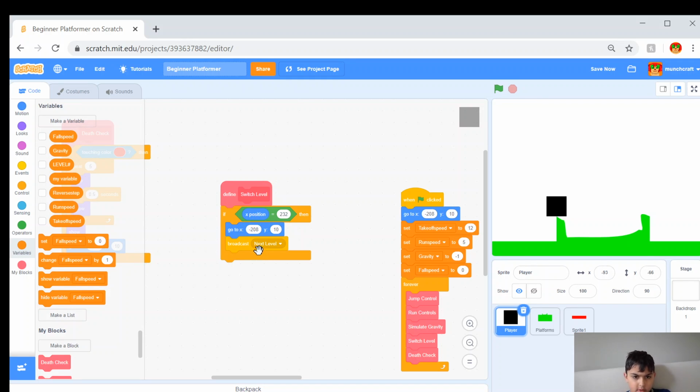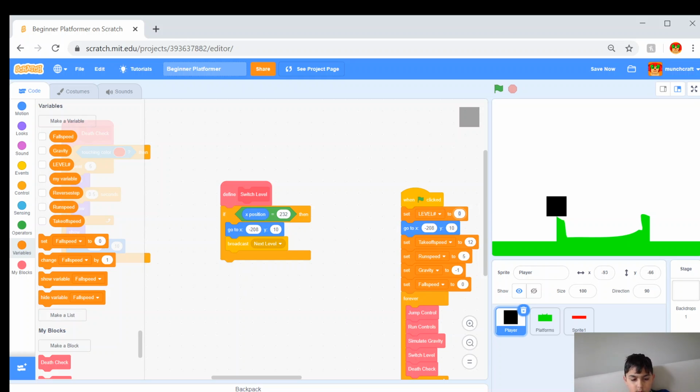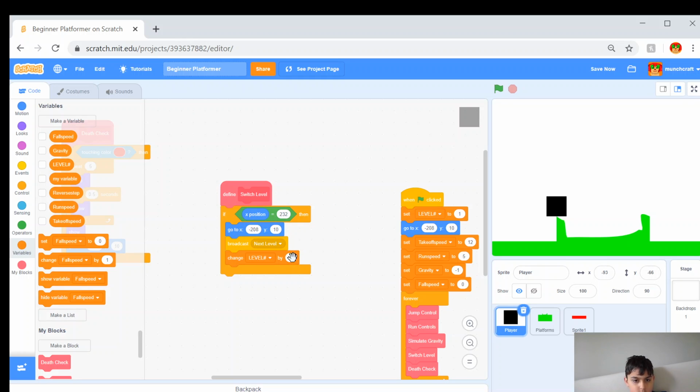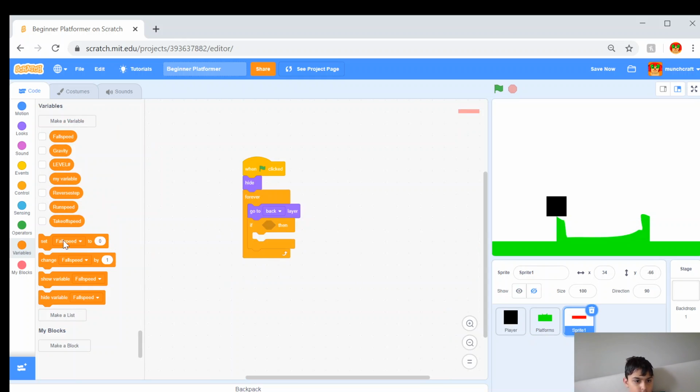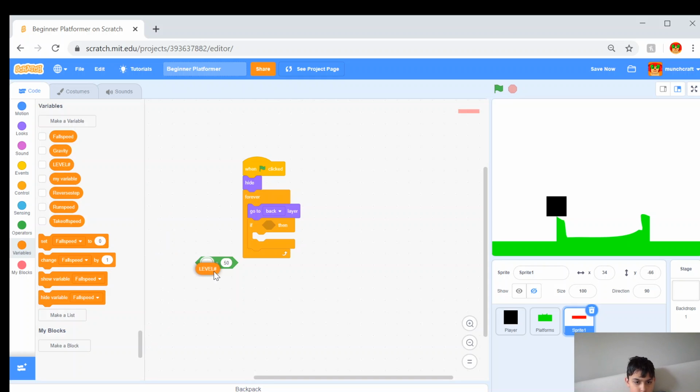And now after you've got that level number, in the green flag click, we're going to set level to 0 or level to 1. And then every time we do that, it's going to change level by 1. Okay. If level is equal to 4, then show, and we're gonna position it to